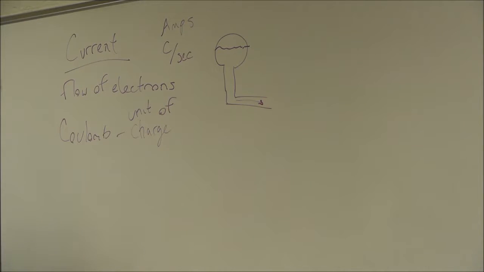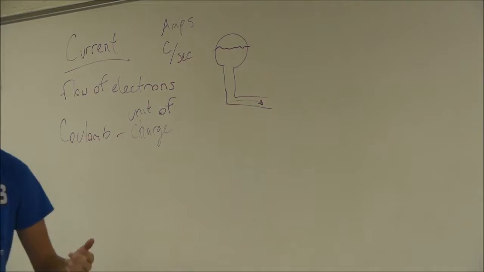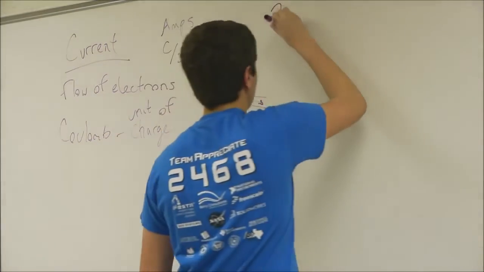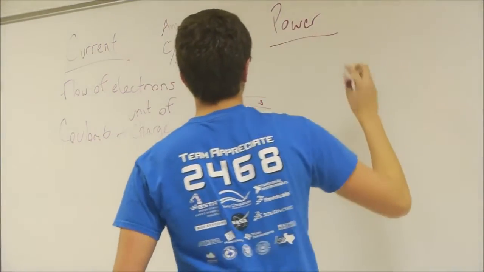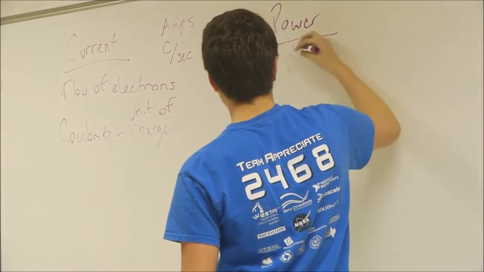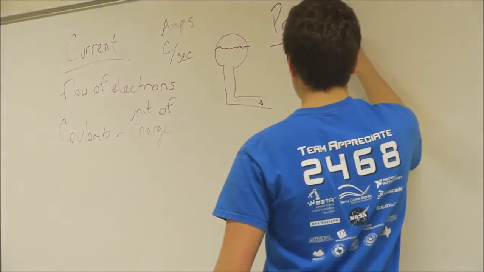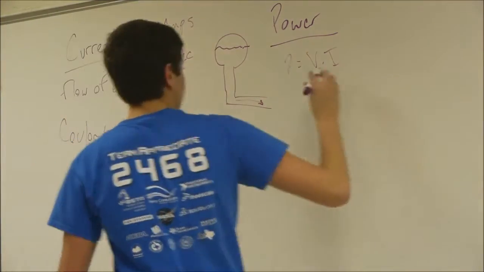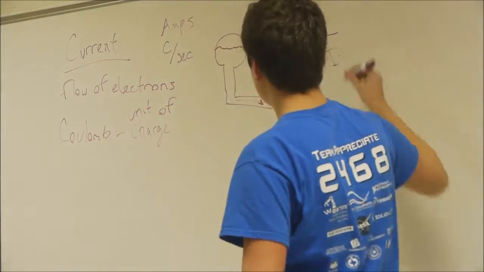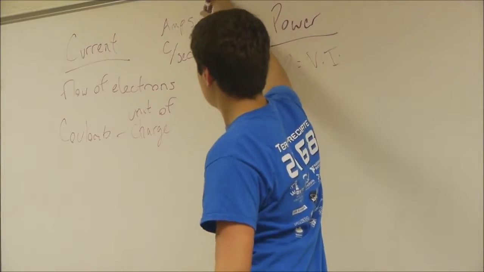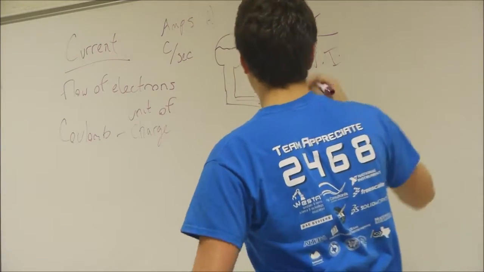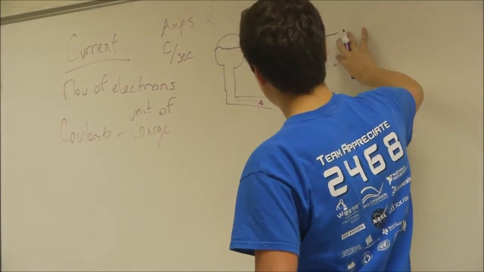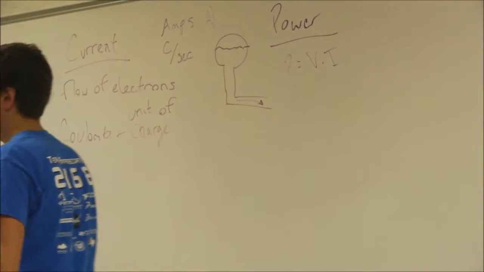One way that they're tied together is power. So power is just voltage times current. And the symbol for current is actually I. And the abbreviation for amps is A. So power,